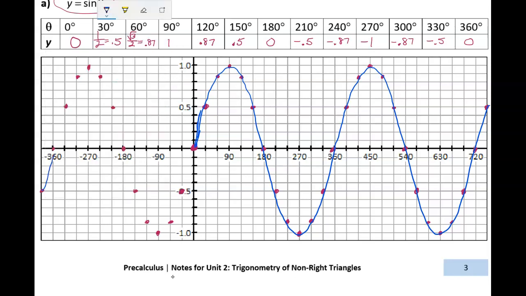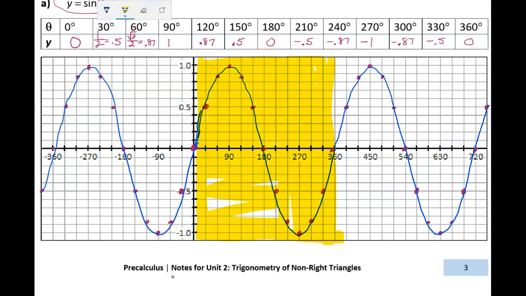Let's connect that with a nice smooth curve. And what we can see here is that we've shown 3 full cycles of this graph. I'm going to highlight this part right here, and this part we could actually say is the principal cycle, or the part that's in between 0 and 360